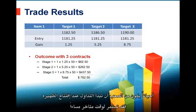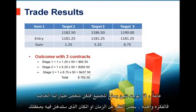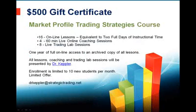Now, sometimes it is difficult to really start on the open on Sunday and continue with it because it may take you late into the night. So some other people prefer really to trade the morning open rather than the afternoon open. Those are all personal preferences. Nothing is really etched in concrete. The key thing is these very same concepts that we've just looked at and applied will work for you regardless of the point or the time that you choose to initiate your particular trade. All right. I'm going to quickly sort of conclude